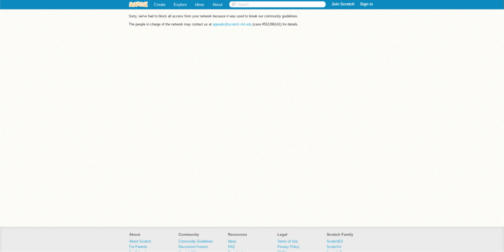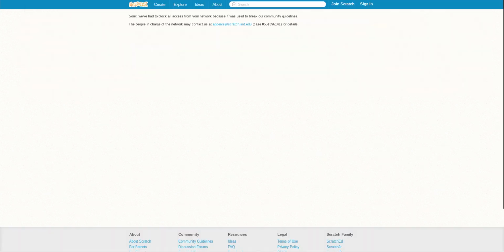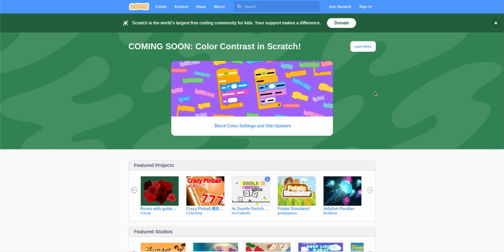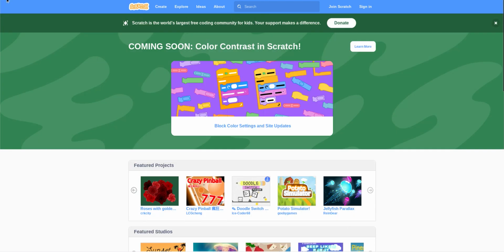Because it'll still give you this IP ban message. If you search something like your network or ban, it's not happening at all. So if you go on Scratch, am I still in here? No, just kidding. It just happens when you go on here.